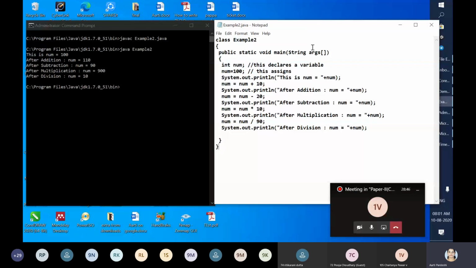So this public static void main String args is called the prototype or the signature of your main method. In your exam, a question can be asked for 5 marks: write a short note on the main method prototype or signature of the main method. So you are going to explain everything in detail: what is public, what is static, what is void, and what is main. You can take one example and explain in detail the variable declaration and definition part, and how main is the entry point of it.